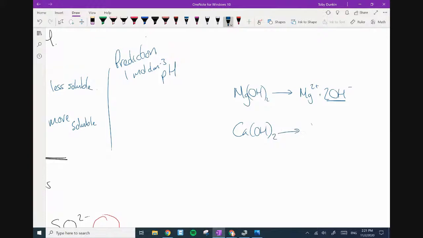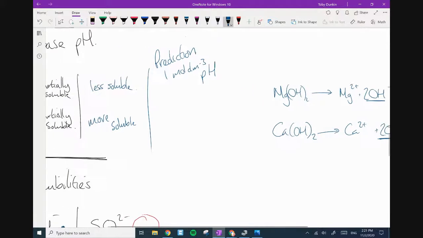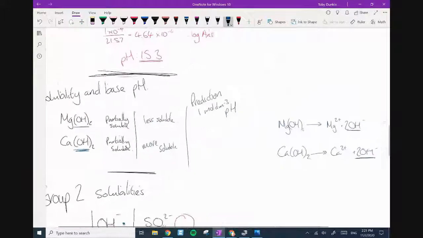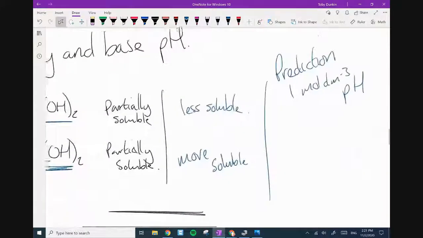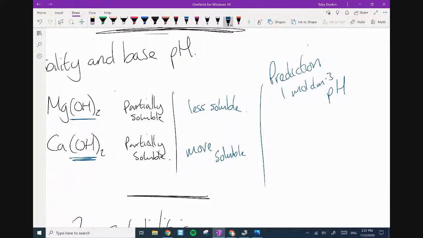And then what we're going to do is work it out. We're actually going to check our predictions. What we do know is that the calcium hydroxide is more soluble, so I'm going to get more of these ions. So the pH will be higher. I'm going to predict that the pH of magnesium hydroxide is going to be, give or take, about